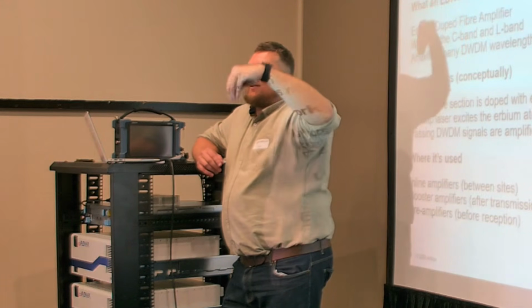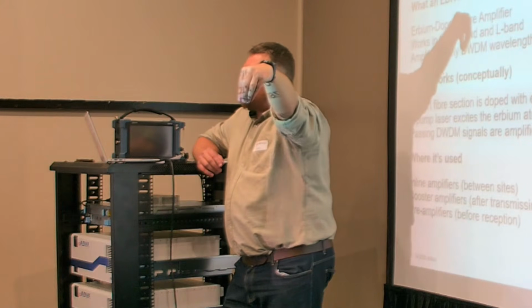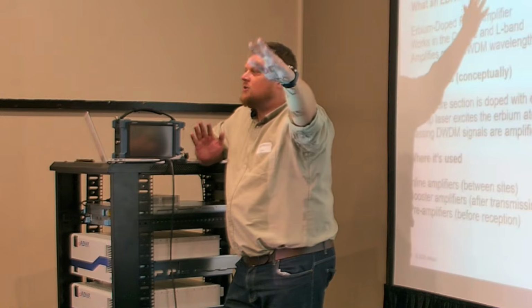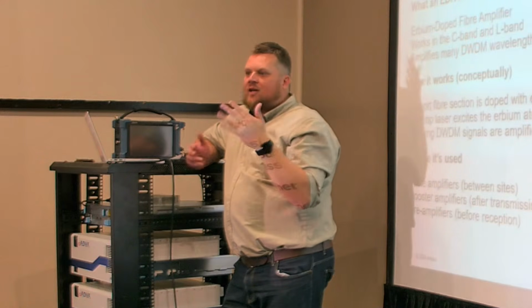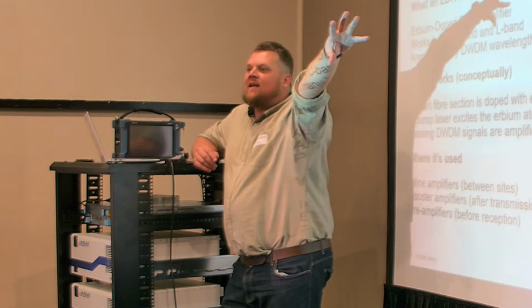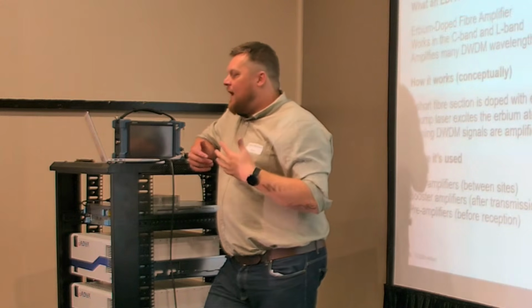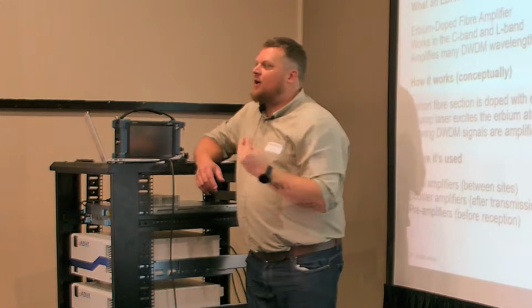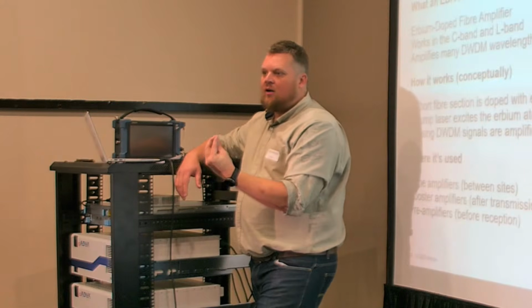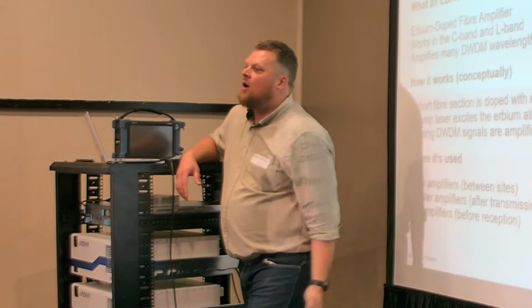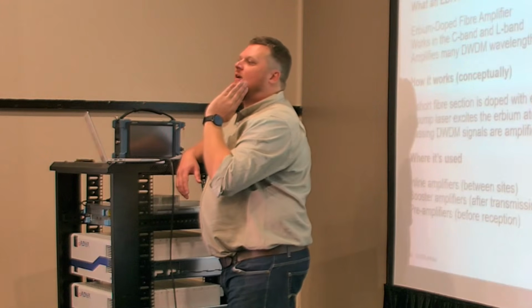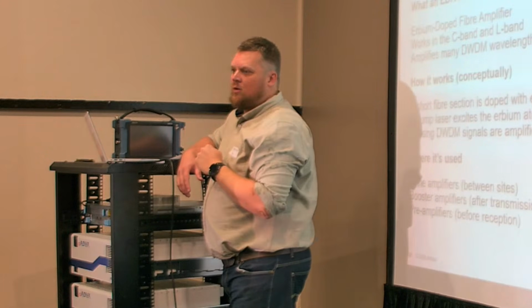So an inline amplifier is literally a node in the middle at 50 kilometers that will just have an amplifier with a chassis and management components. It will have a few filter components, it will get whatever it gets and it just amplifies it along. That's an inline amplifier. Then booster amplifiers. A booster amplifier is at the node that the signal leaves, I boost the signal. So I'm going to launch high into the fiber, because I know the fiber has got a long haul.